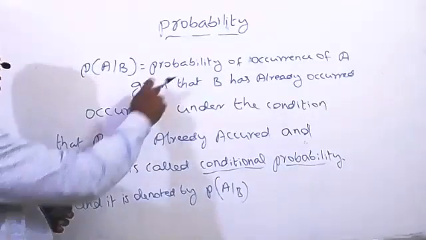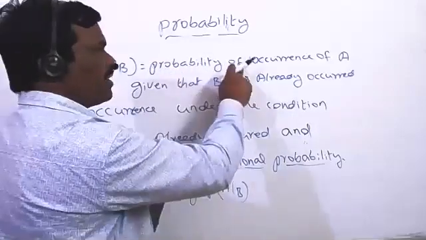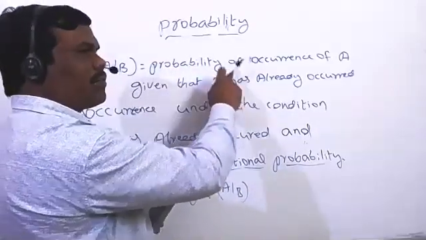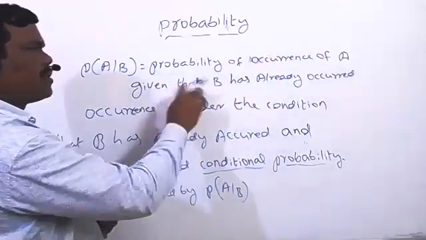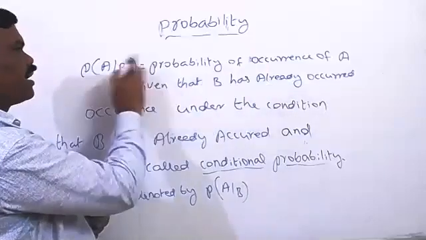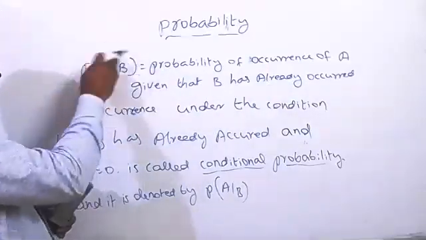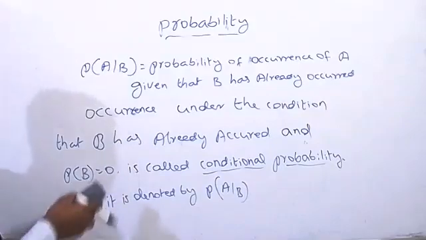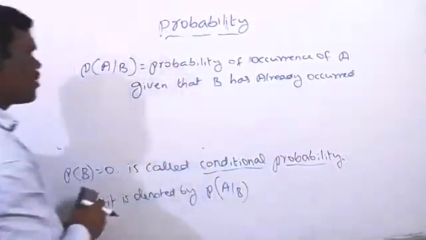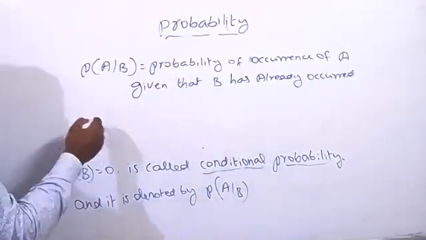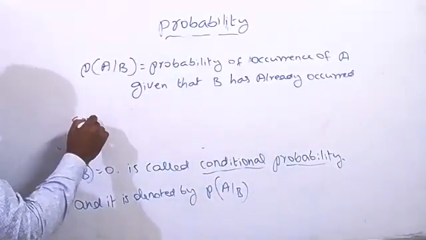In the same way, we should reduce to B. Suppose they give this wording directly in the problem itself: the probability of occurrence of event A, given that, along with some probability numbers. Then you can directly take probability of A by B. There is a formula, and I'll tell you the formula later. First, write the meaning of that.